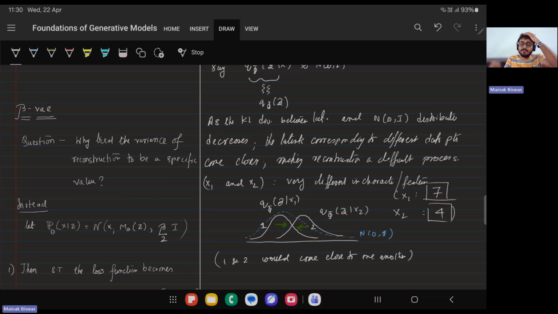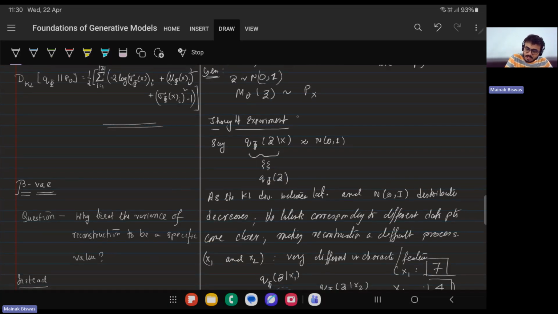So what would happen if these two come close to one another? Now there's a very difficult situation here. So this is the thought experiment. This is the dilemma between reconstruction and separation, that is